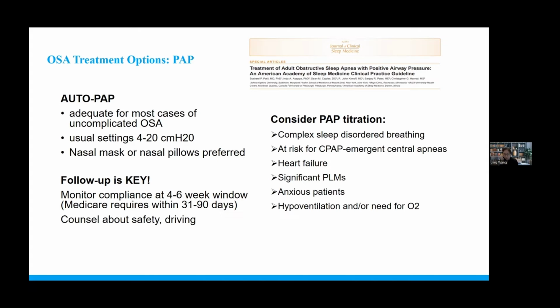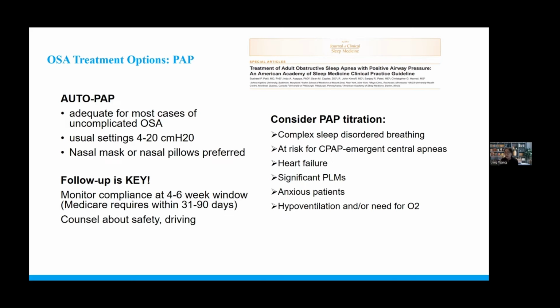This is a little bit of just anecdotal practice, but sometimes very anxious patients may benefit from going to the lab, as long as they're willing to, meeting the tech and getting an in-person mask fitting, and then experiencing one night with PAP, knowing that there's a technician right outside who can provide some counseling, answer some questions, or do some explaining during the night if they experience any issues.